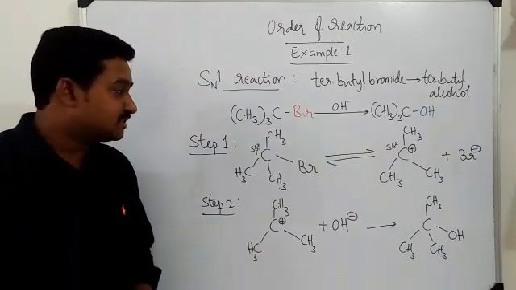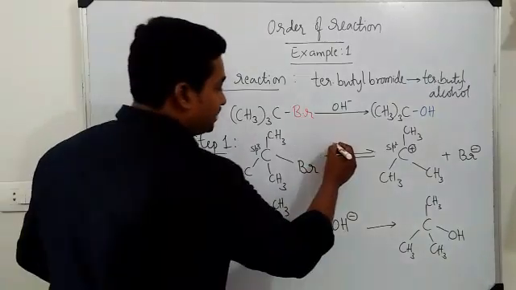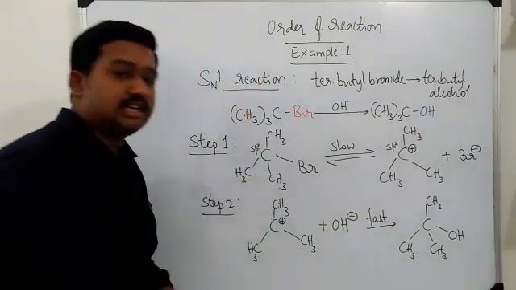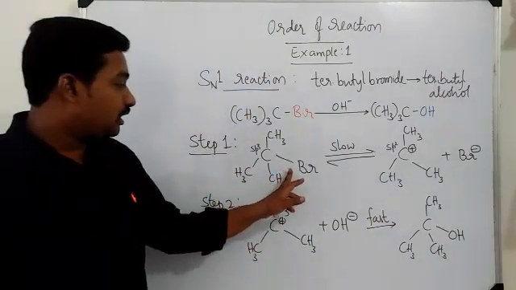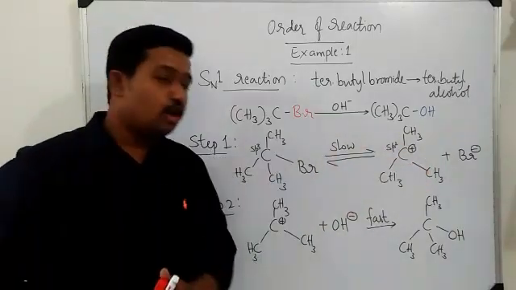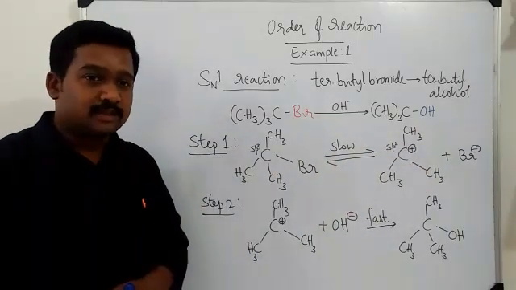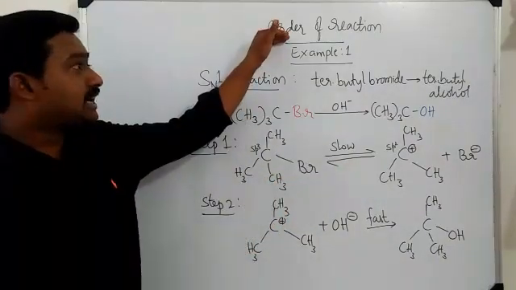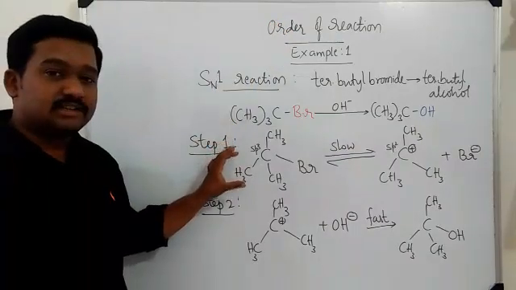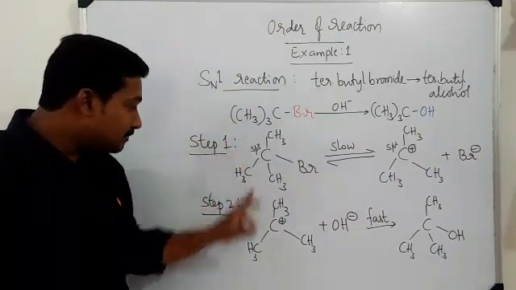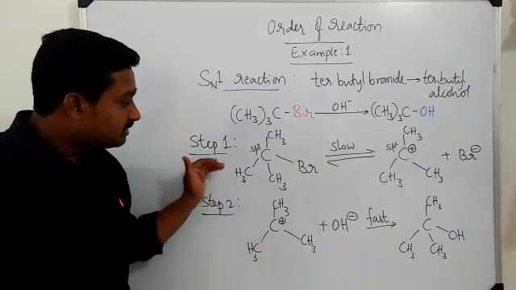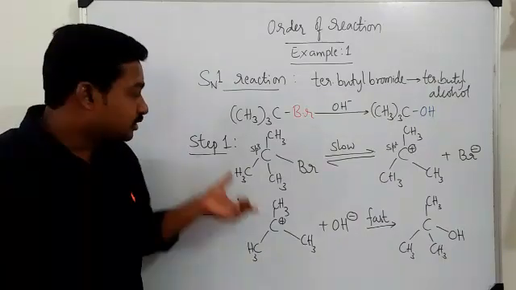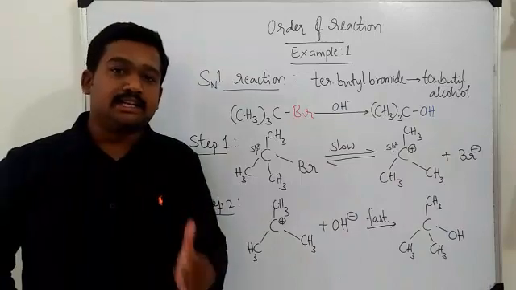So these are the 2 steps involved in this mechanism. The most important thing is, among these 2 steps, the first step is the slow step and the second one happens fast. Since this is ionic reaction, it happens fast. Since the molecule is non-polar and it is becoming polar, it takes time to undergo cleavage. So slow step is the step 1. And now, to understand the order of reaction, we have to consider the slow step, because in the mechanism of a complex reaction, whichever step is the slowest step is called rate determining step. So step 1 here is the rate determining step.